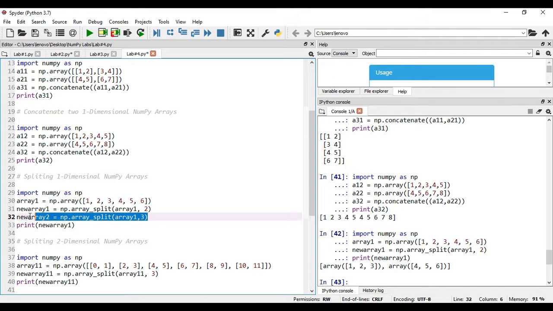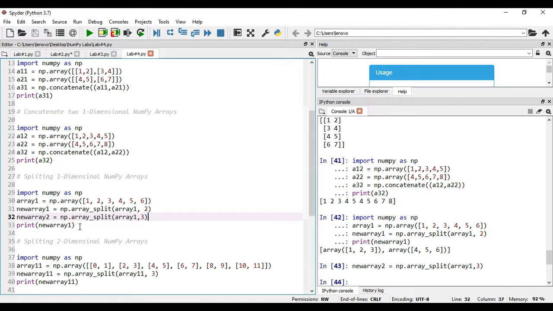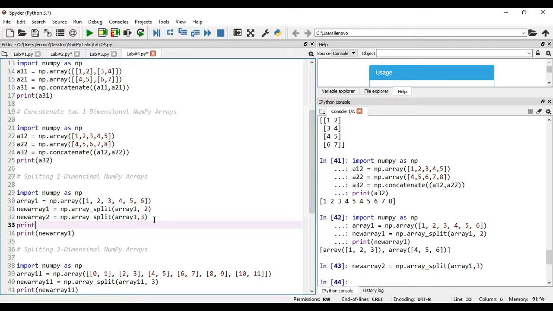Okay, now before executing the code, save the file and run the code. Okay, see, as I never printed new array 2, we didn't find any result here. So here you paste the statement. You write the statement as print new array 2.